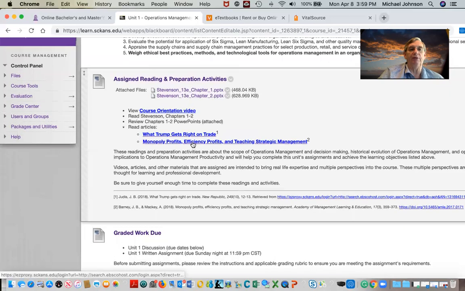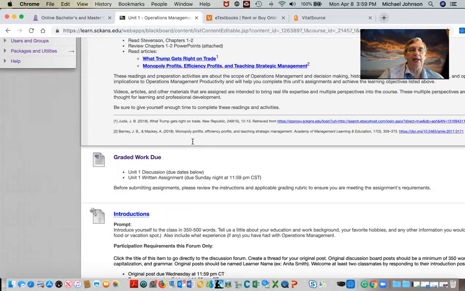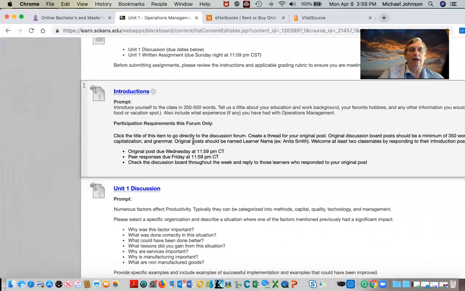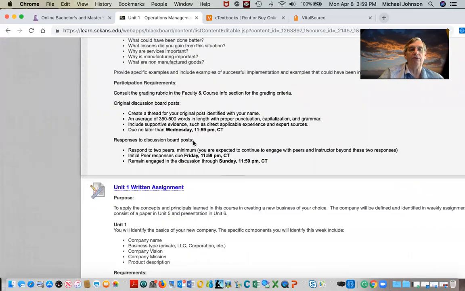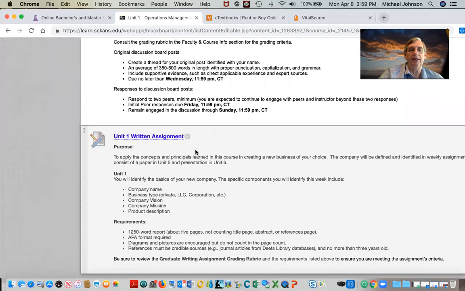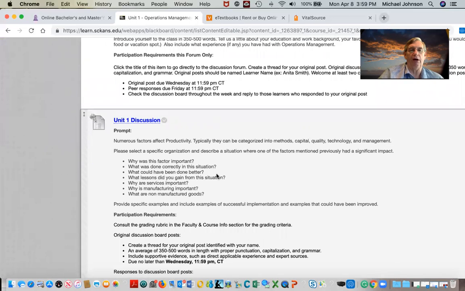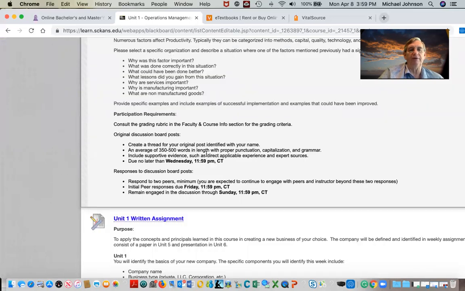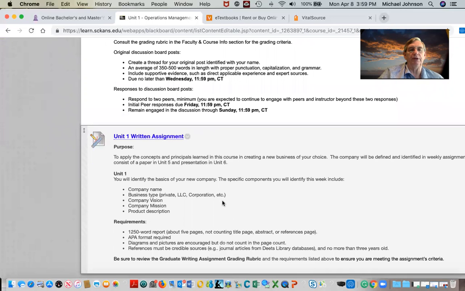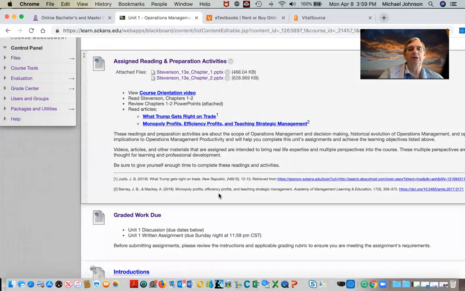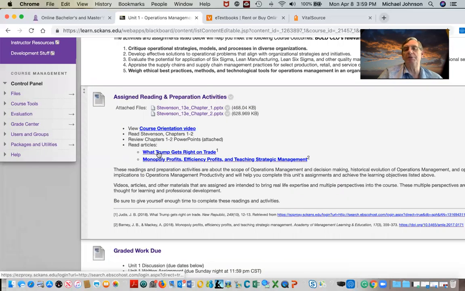The other thing I would like to point out is that I updated all the extra articles for them to read, and they are all 2018 articles, so they're all current. They're all relevant. For example, let me scroll up here. Here's an article that talks about President Trump. So we're going to be using the most up-to-date and current material available.